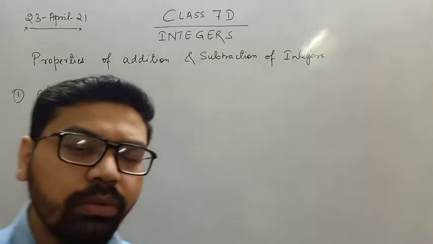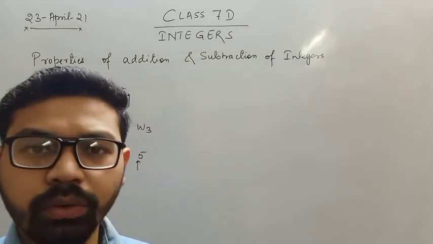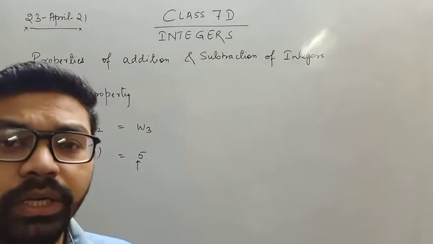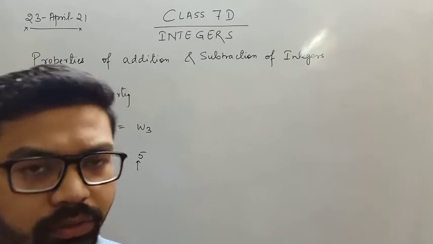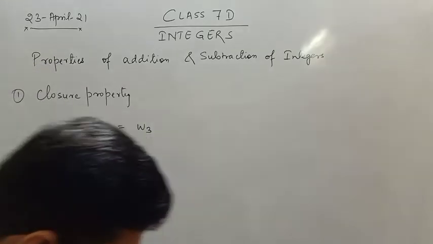That means अगर आप दो whole numbers को add करते हैं बेटा और आपको एक whole number ही मिलता है, that means addition of two whole numbers किसको follow कर रहा है? closure property को follow करता है. Okay.